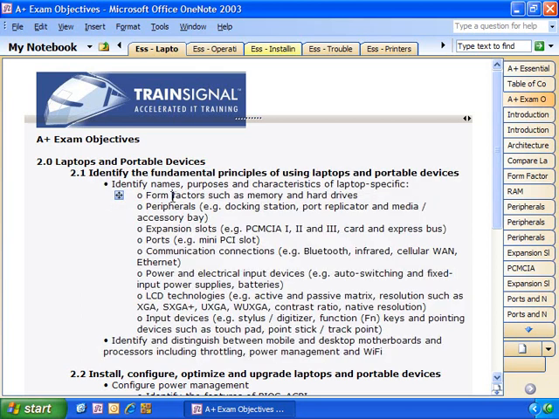Primarily the form factors such as memory and hard drives, peripherals, expansion bays, communication connections, power and electrical input devices, LCD technologies, styluses, function keys, be able to identify and distinguish between mobile and desktop motherboards and processors, including throttling,